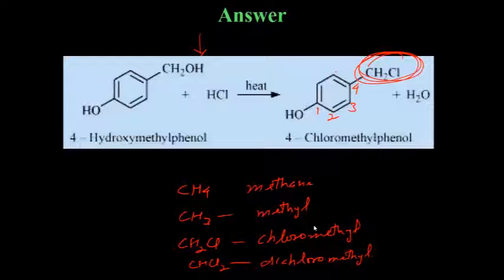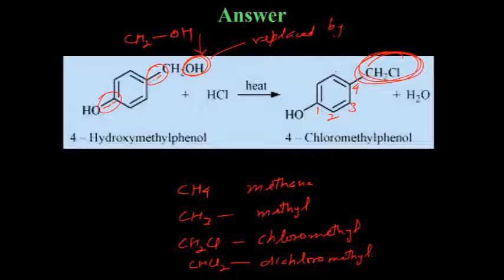Okay. In this question, this OH group cannot be removed easily because there is partial double bond character. It is directly attached to the benzene ring. Similarly, here also there is partial double bond character, so it cannot be removed. Only this OH group is attached like this, with a single bond, and there is no resonance there. So this OH group will be replaced by chlorine.